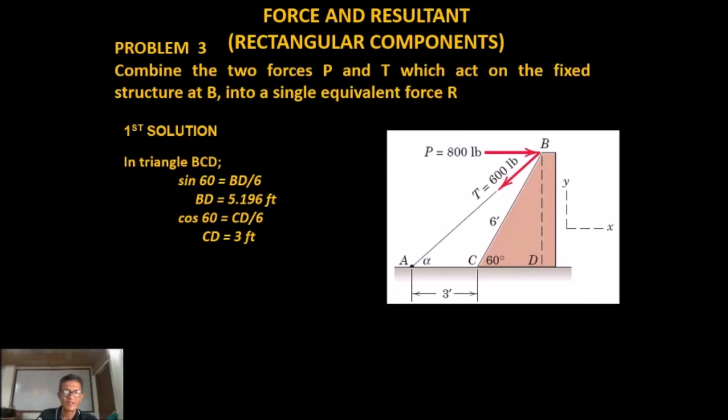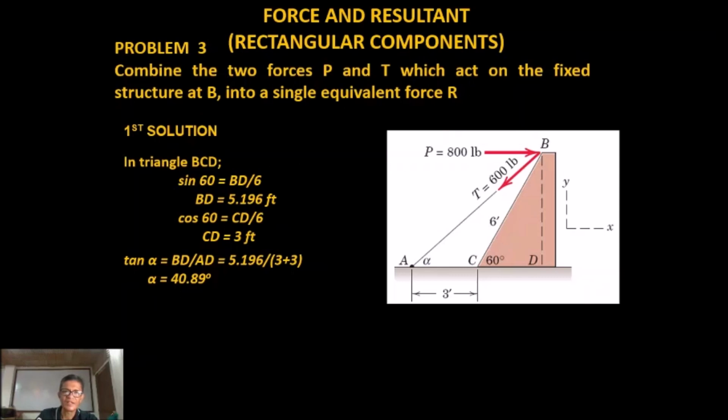Then, let's solve for alpha. Let's use triangle ABD. We have tangent alpha is equal to BD over AD, wherein BD is equal to 5.196 and AD is equal to 3 plus 3, that is equal to 6 feet. And alpha is equal to 40.89